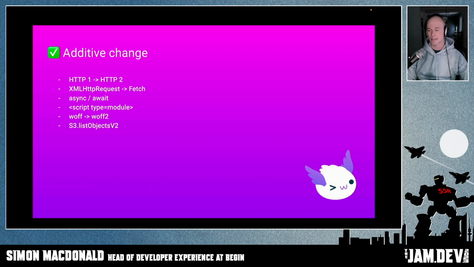And of course, we've added things like async await, which you can use or not use. You can still do callbacks if you want to. You can still use promises. But if you want to write code that is using async await, you can do that. When we're adding the module type of a script in as well, instead of just using the old standard script tag, we're able to tell people that this is a new ES module instead of the standard JavaScript thing. Anyway, these are all examples of additive changes that have been added into the platform without breaking anything else, and that's just great.